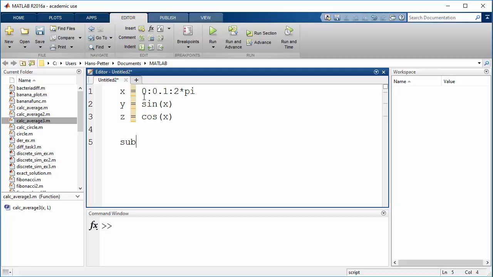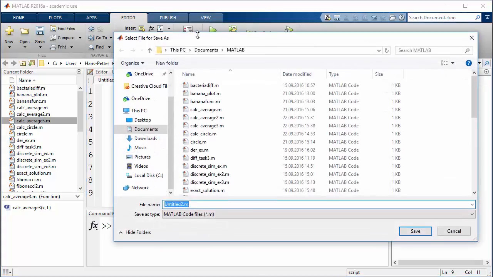And then you can define this subplot 2, 1, 1, and then use this plot x comma y, and then this next subplot 2 times 1 on second plot like this, and then plot x comma z like this, and then we can just click the run button, but first we just need to